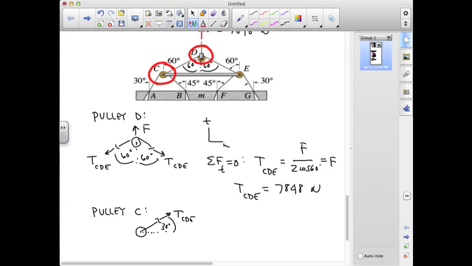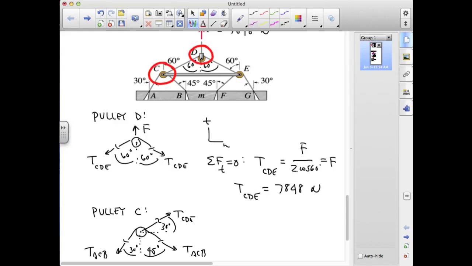We're cutting through the cable ACB twice, once on this side and once on this side, and these are making two different angles. One angle is on this side, it's 30 degrees with the vertical, and it's 45 degrees with the vertical on this side. The tension in ACB, both sides here,